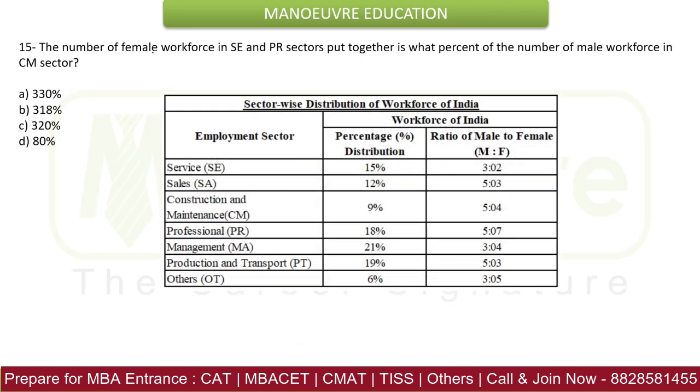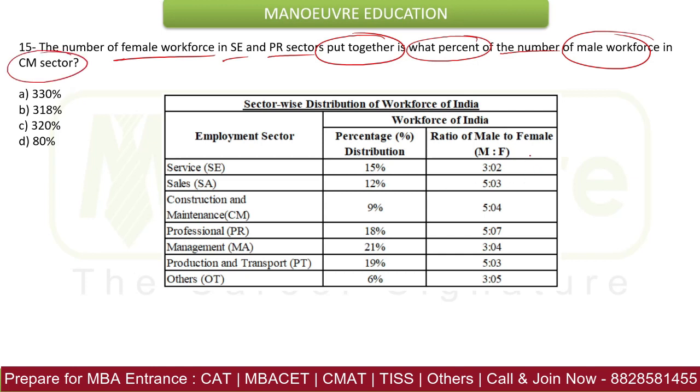The next one: the number of female workforce in SE and PR sectors put together is what percent of the number of male workforce in CM sector? Okay, female workforce first we have to find here. Female workforce in SE, that is the service sector: 2 by 5 into 15, that will be 6%. And in PR sector, that is the professional sector, female workforce will be 7 by 12 into 18%, that will be 10.5%. So put together this female workforce will be